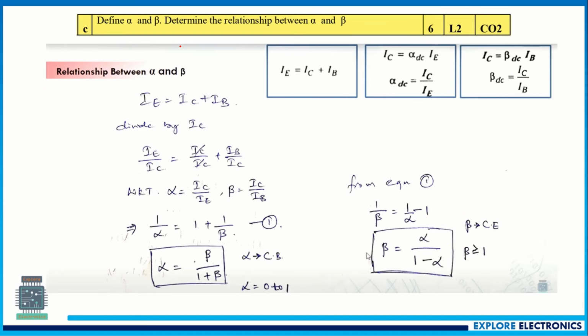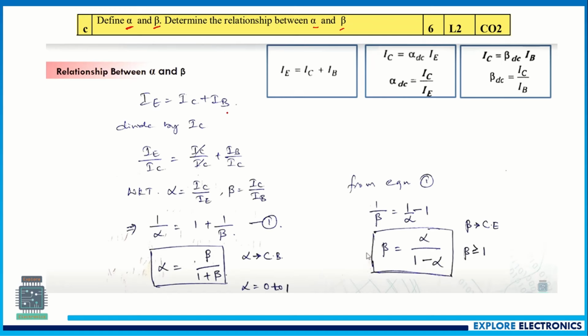And define alpha beta, determine the relationship between alpha and beta. Here first we need to write what is alpha and what is beta. Alpha and beta are amplification factors in common emitter and common base configurations. But coming to the transistor, these two alpha and beta are with respect to the currents that are considered, that is